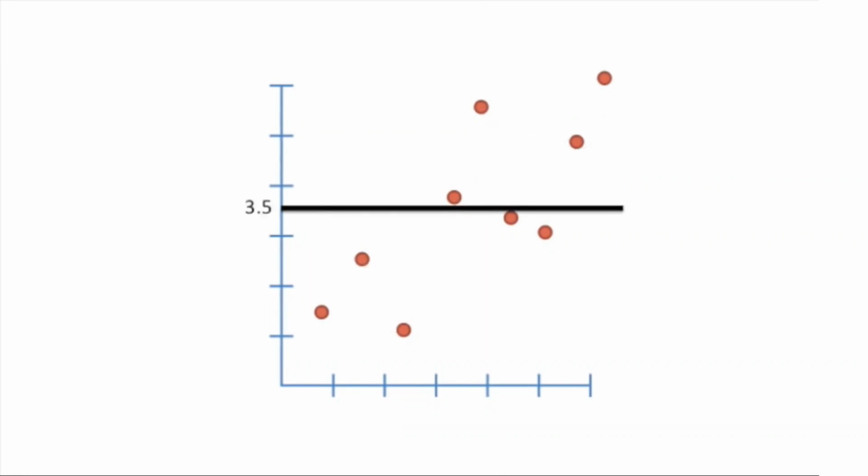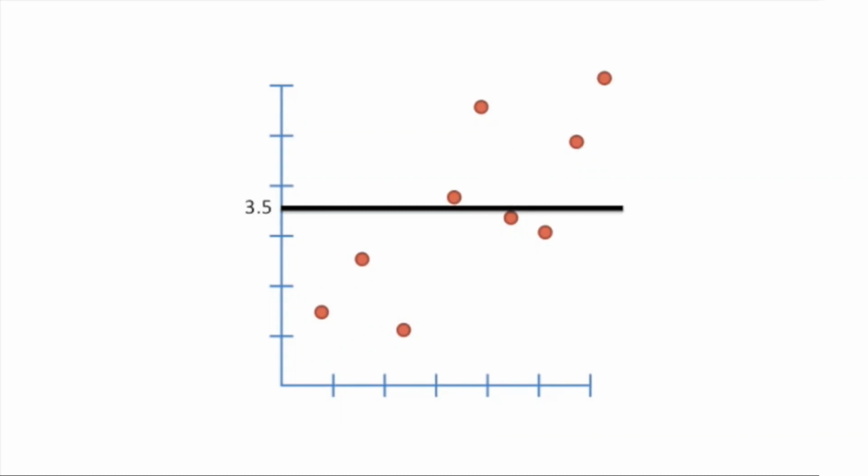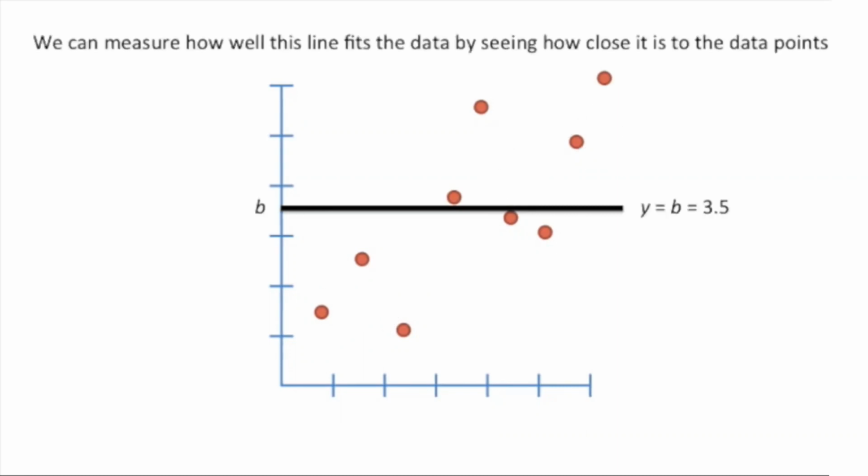So for example, the mean is 3.5 of all these data points. So we have a mean line, which is this, right? Now, when I said, these are the types of lines, so I might draw a line like this. Another person can draw a line like this, or Bhargav can draw a line like the third one. And the worst line which someone can draw is the mean line, but that's okay, right? Now we can measure how well this line fits the data by seeing how close it is to the data points, right? So now we all have understood in the last class that if this is our predicted line, we